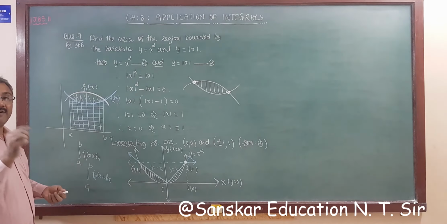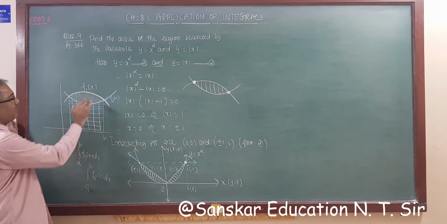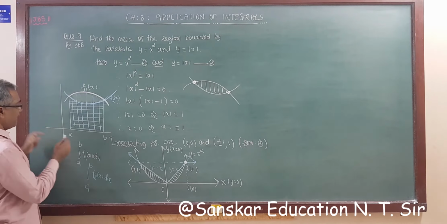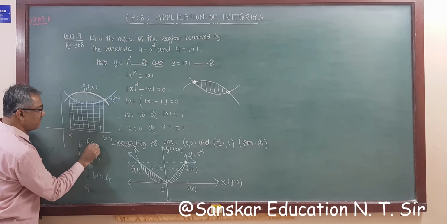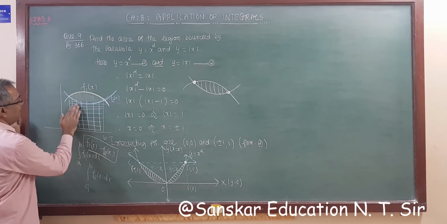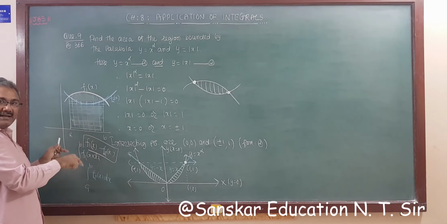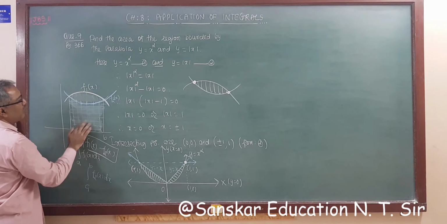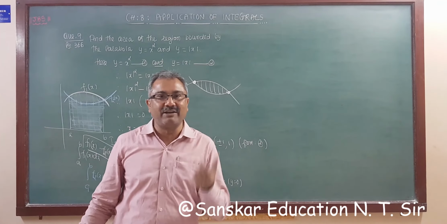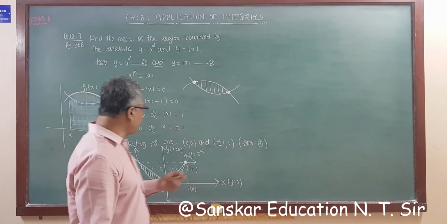But our interest is to find out this area. So how do we get this? If we subtract this area from this one, that is f1 minus f2, then what we get is this area. f1 was the whole area, and if we delete this area from it, we get the required area. So if two curves are given, then you have to take the difference of the two curves with any limit.